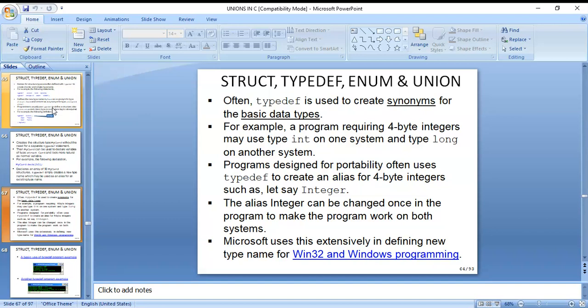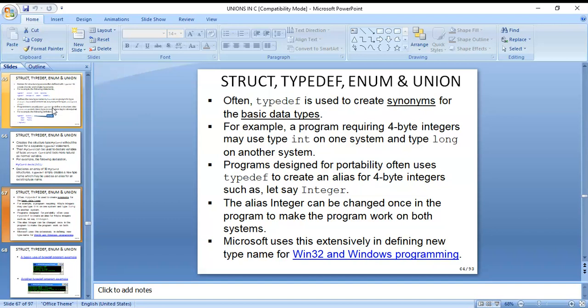Programmers designing for portability use typedef to create a synonym for 4-byte integers, such as Integer. Then that one synonym, Integer, can be changed once in the program to make the program work on both systems.